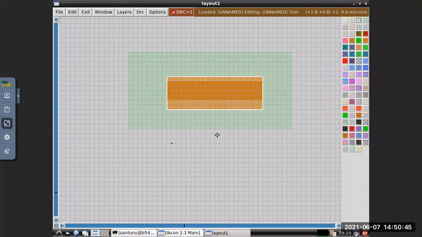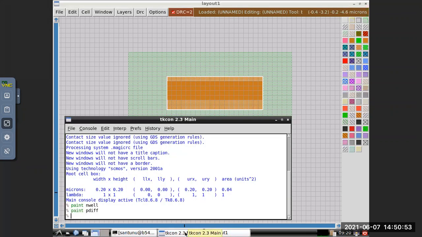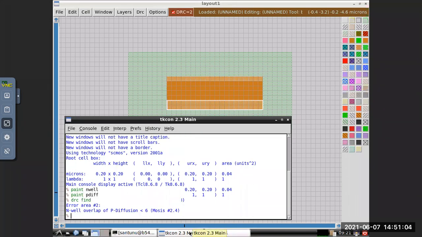And you are getting some DRC errors. To check that DRC, you have to write drc find. So there are two DRC errors. What is the DRC saying?